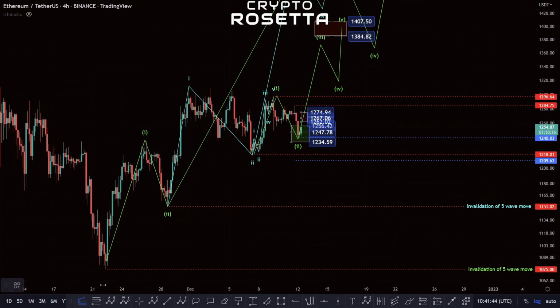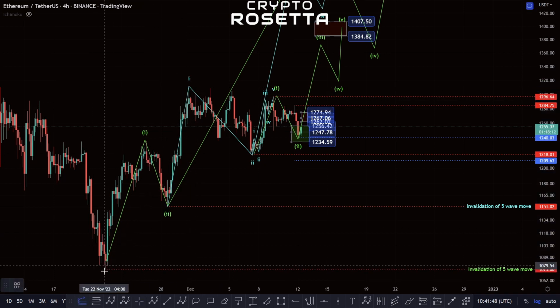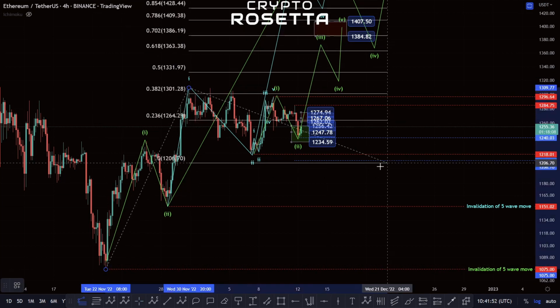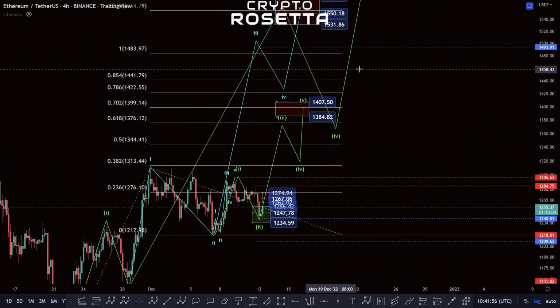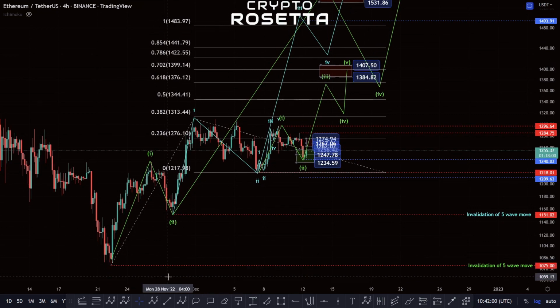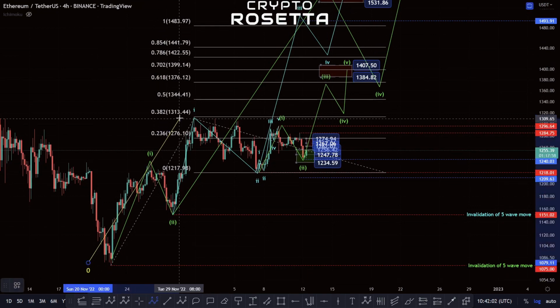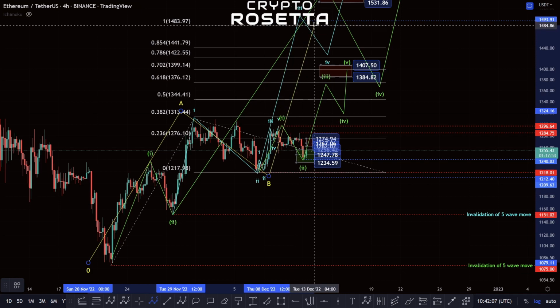So if I measure this off from down here, well, let's try that again. Up into this high point, down into this low point. So a 1-to-1 of this, if it was only going to become an ABC rather than a 5-wave move, is basically this